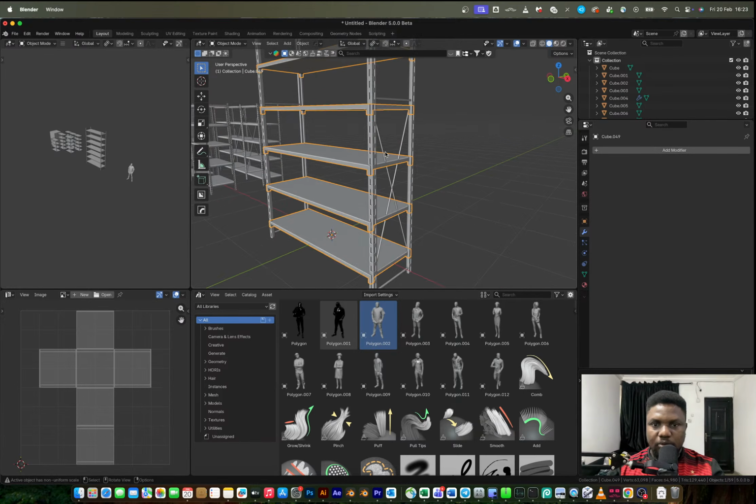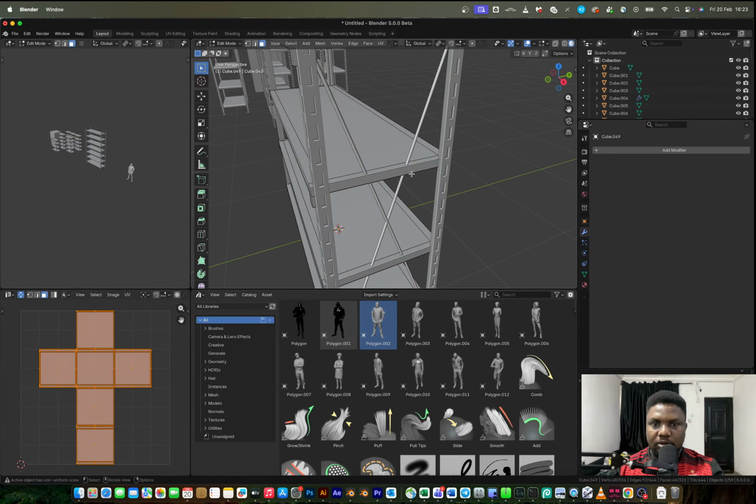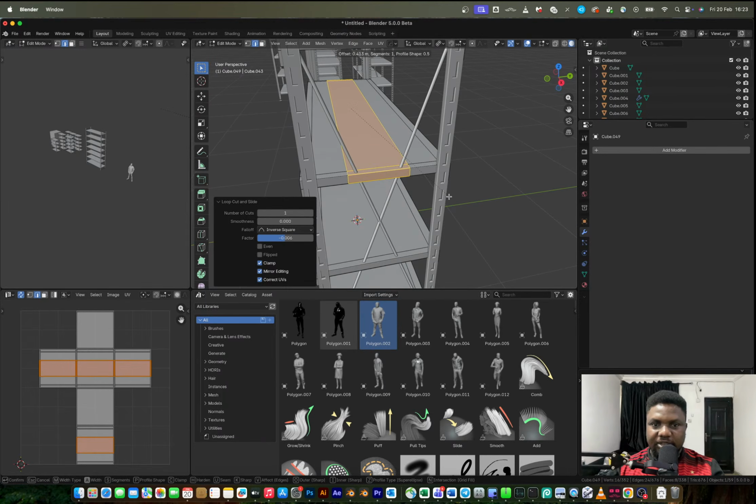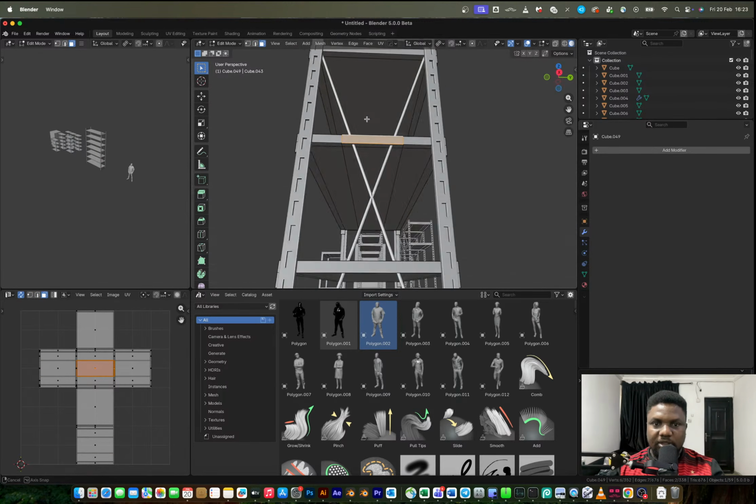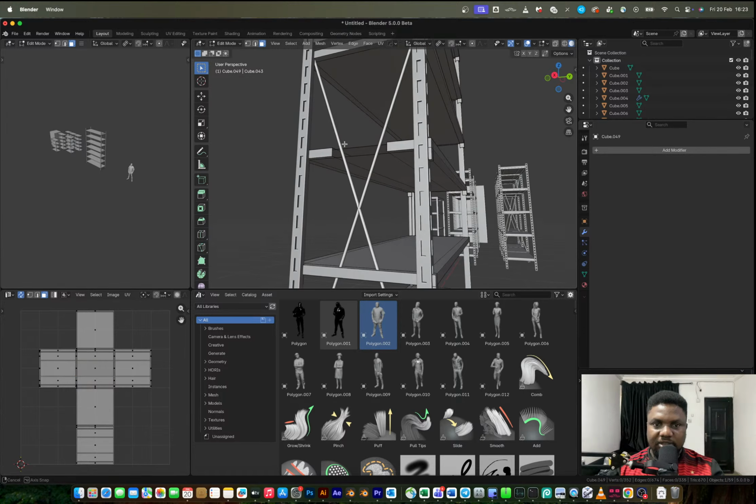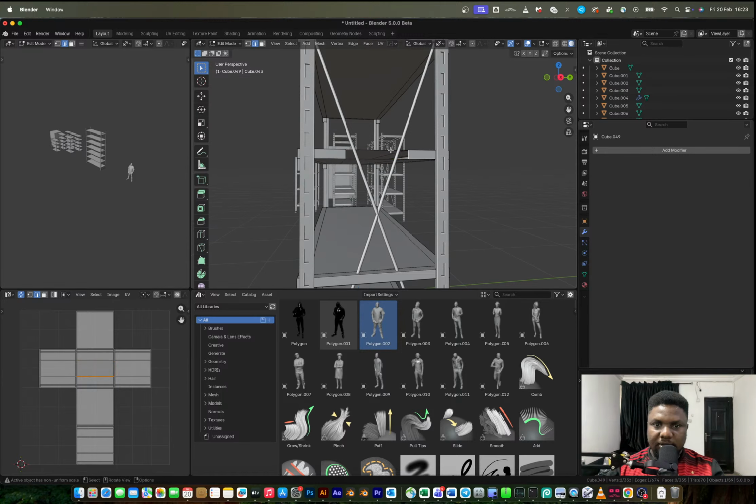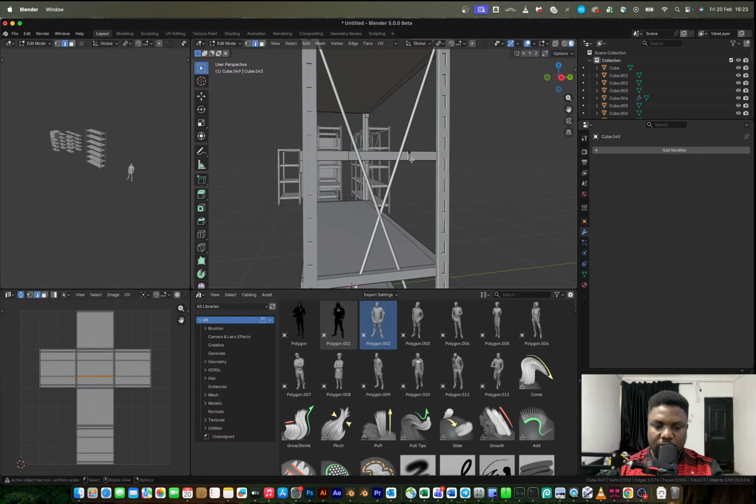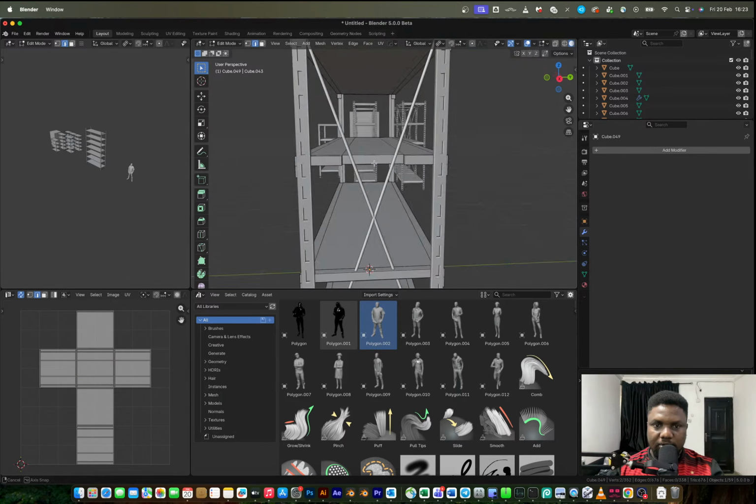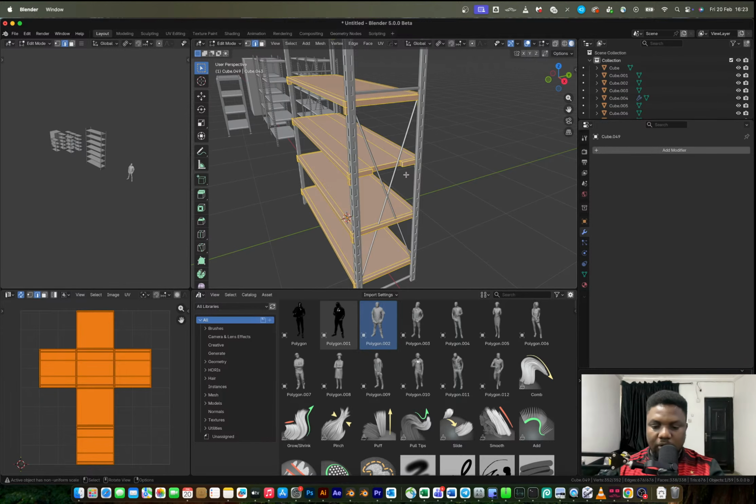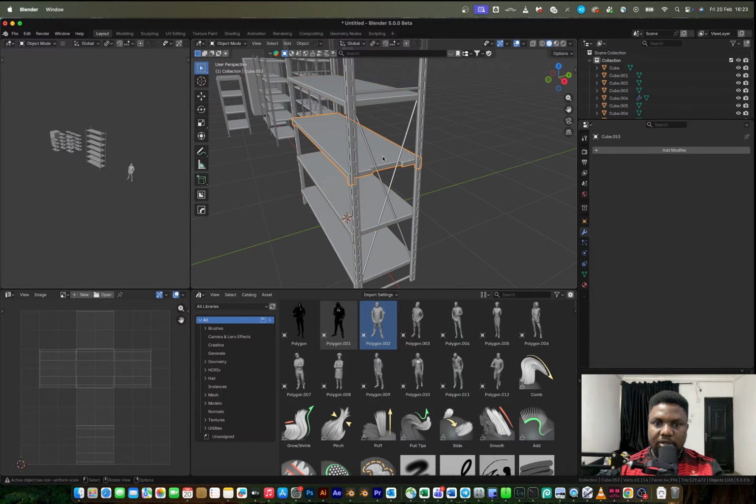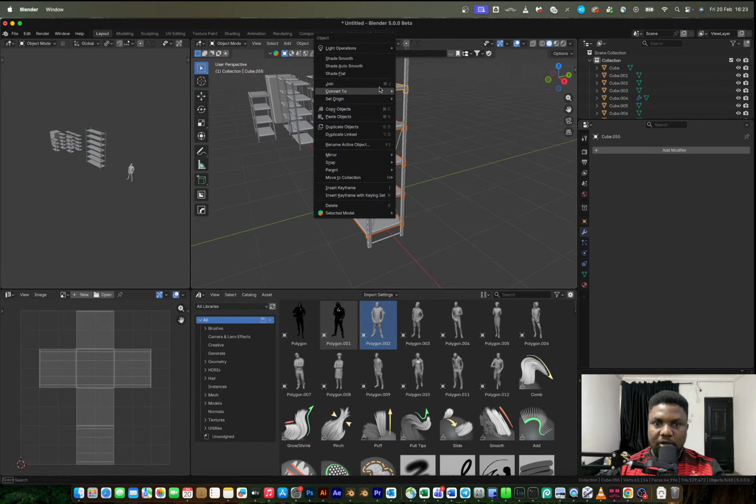So I'm just going to, ooh, see an issue here. Right here, I will select this and create a space for this, just like so. I'll delete this, faces, and then I think I'm going to fill this, fill, and then to fill this, fill that. So these are all combined together, and I won't be able to copy the object data of one to the other. So I'm going to separate by loose parts,